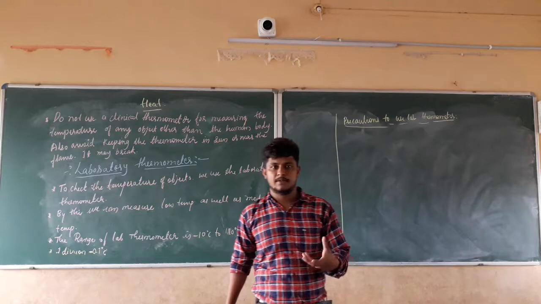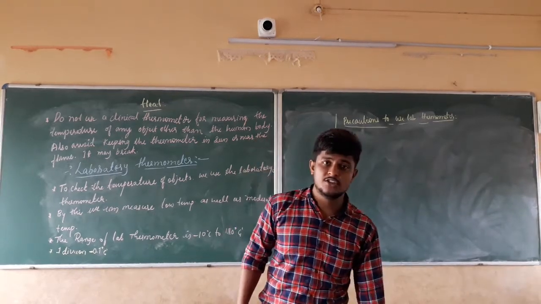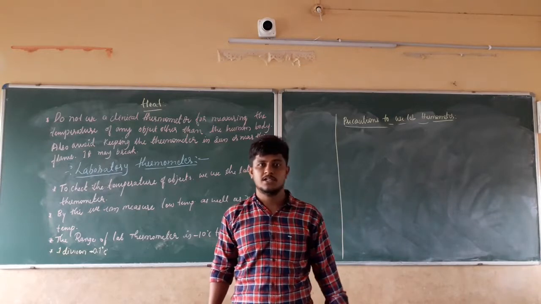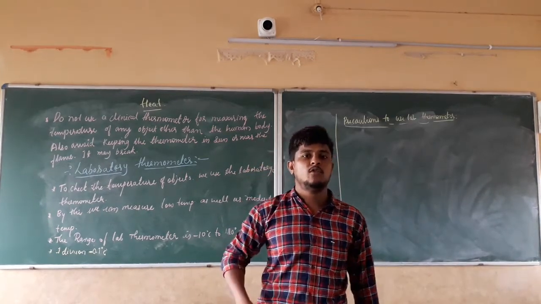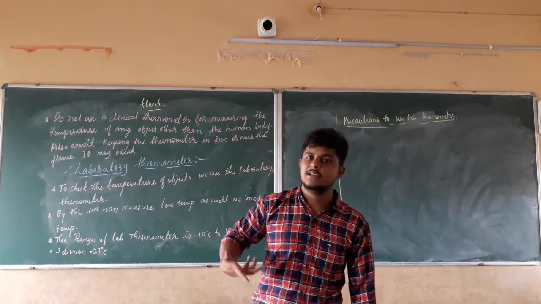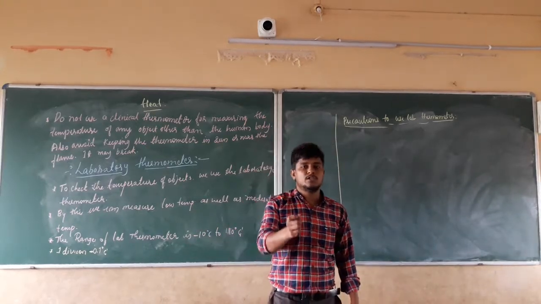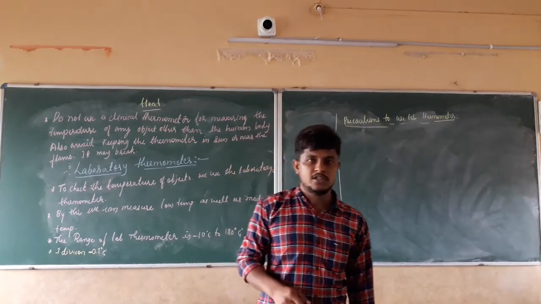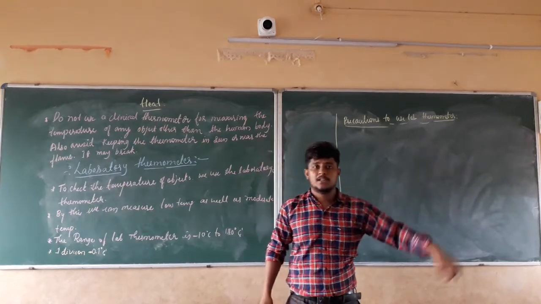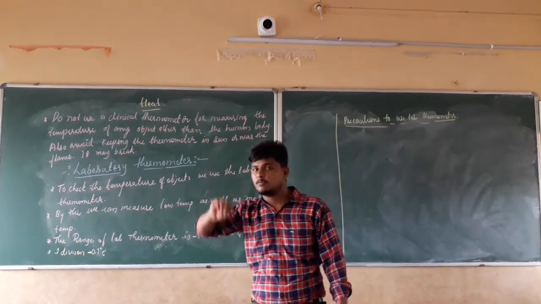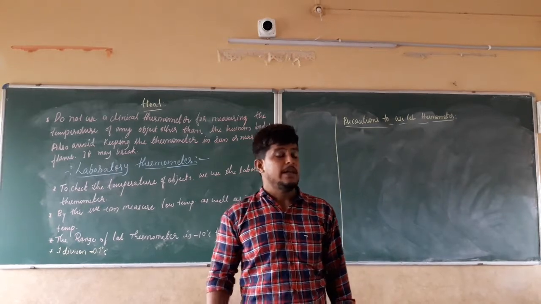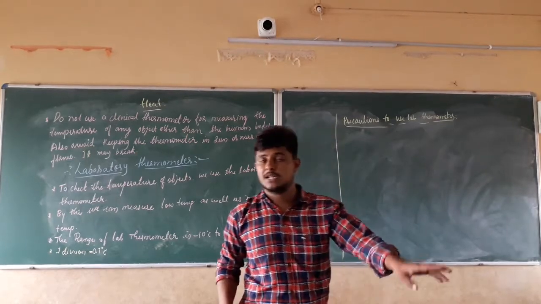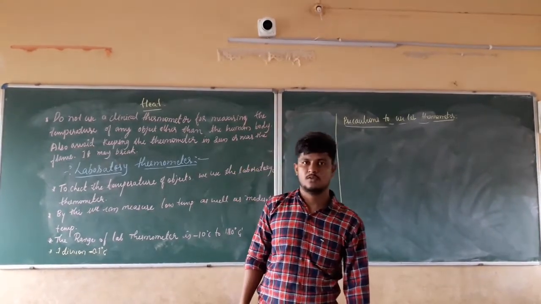In objects, the temperature may be 0 degrees Celsius, less than 0 degrees Celsius, or more than 0 degrees Celsius. It may be 10 degrees Celsius, 20 degrees Celsius, and sometimes more than 50, 60, 70, 80 degrees Celsius. Now, how do we measure those? Take the example of boiling water, hot water. Is it possible to measure the temperature of that hot water using a clinical thermometer? It is not possible. Is it possible to use the sense of touch to measure the temperature of boiling water? Not possible.